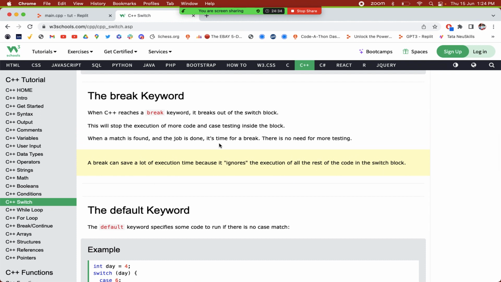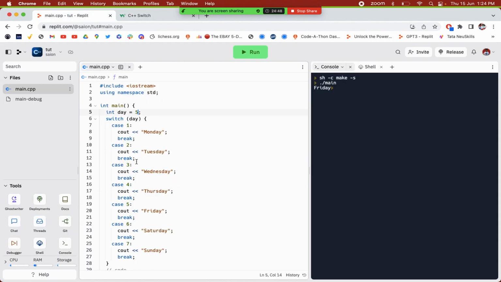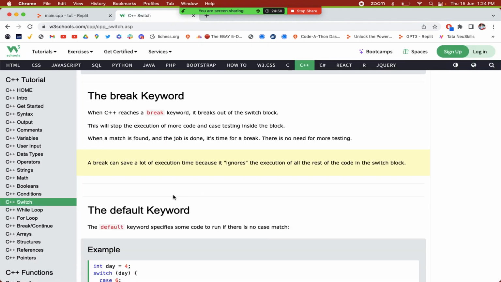So now they are simply explaining the break keyword. When C++ reaches a break keyword, it breaks out of the switch block. This will stop the execution of more code and case testing inside the block, right? So as I explained over here, when giving break, it won't check the rest of the cases. When a match is found, the job is done and it's time for a break. There's no need for more testing. So break can save a lot of execution time because it ignores the execution of all the rest of the code